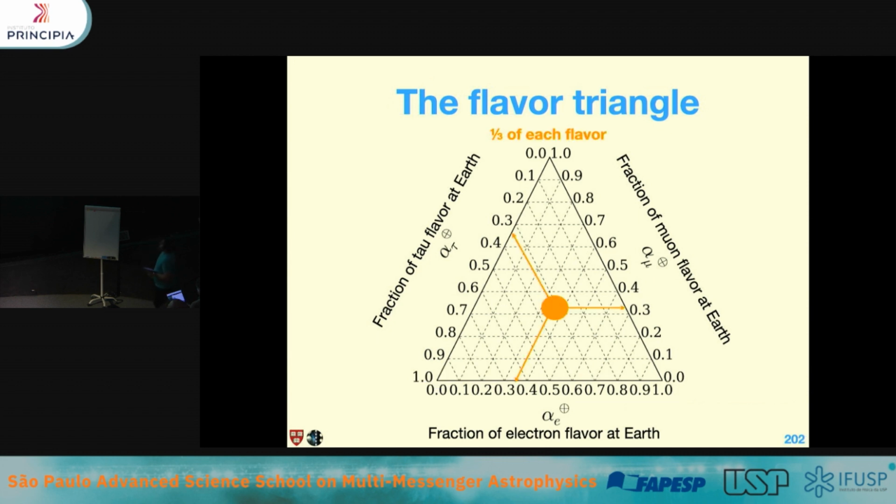And if you're somewhere in the middle, for example here, then you read horizontally for the muon fraction, in this inclination for the electron fraction, and in this inclination for the tau fraction. So this is about 1/3, 1/3, 1/3. Is this clear for everybody? Please tell me, because I'm going to show you like 20 plots like this, so if this doesn't make sense, it will be confusing. Good.